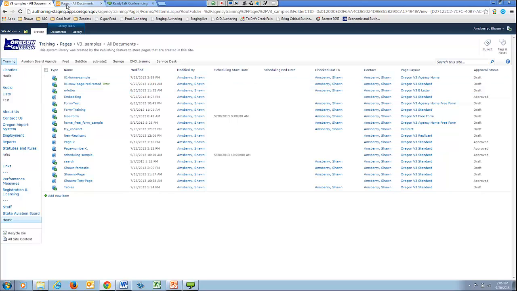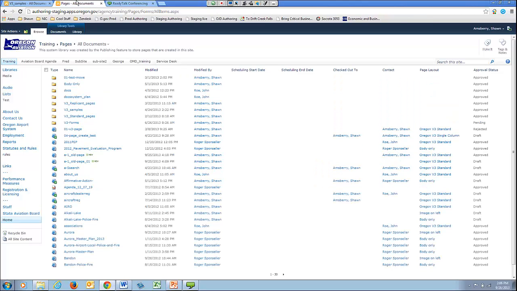And then this is in the V3 samples folder. So it's in a different folder, a deeper folder than the pages library. And the old page that I'm going to get rid of is sitting here in the root level of the pages library. And so looking at this old page, maybe we have some kind of content that is outdated or not quite up to snuff,